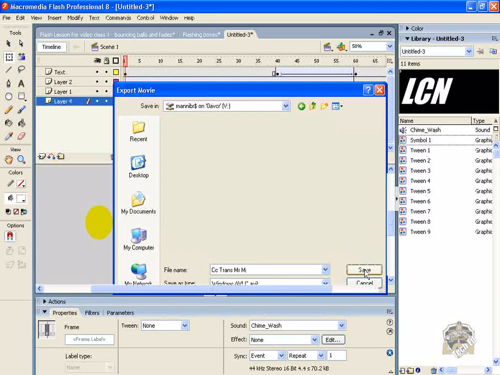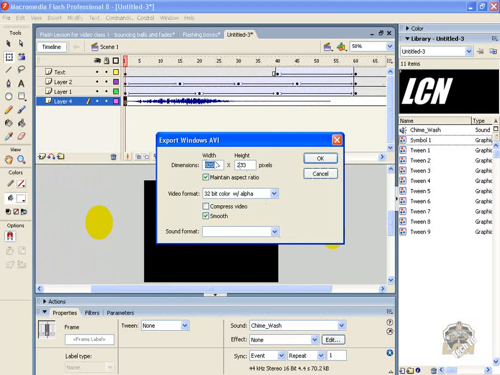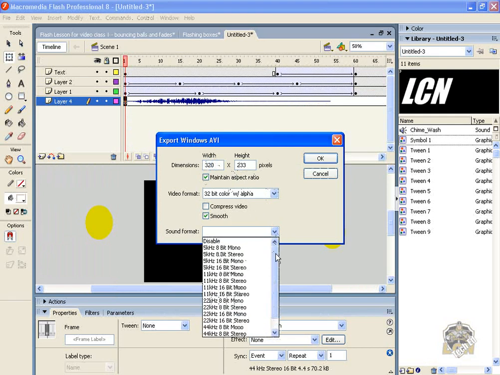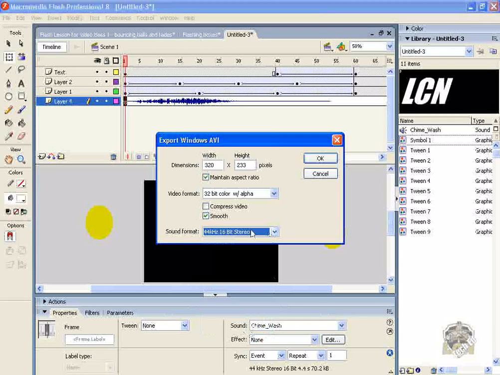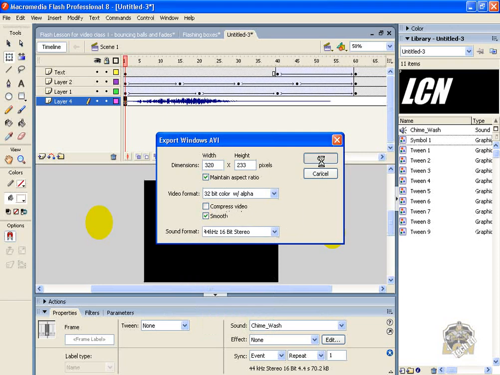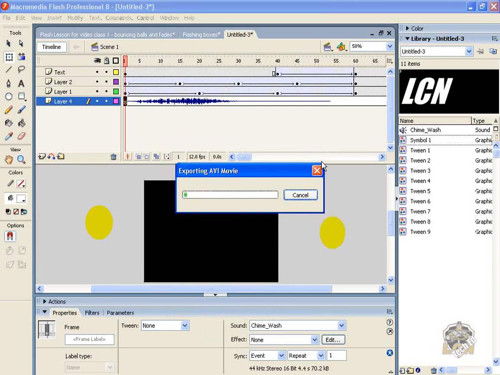So we'll hit save. They have a couple menus that pop up. Very important, you need to select a sound format. And stereo, I'm going to go with like 16-bit. Stereo, the best quality we can get. So make sure you choose a sound quality, and you don't need to compress it. These videos are so small, and we're going to hit OK, and it should export,